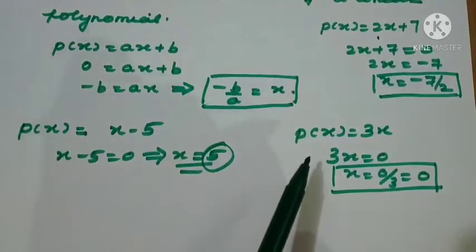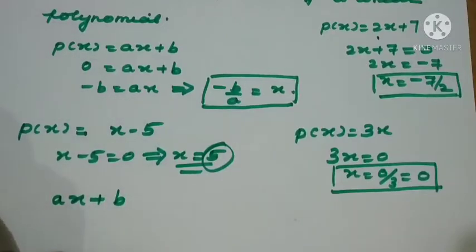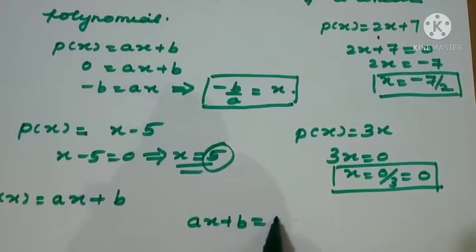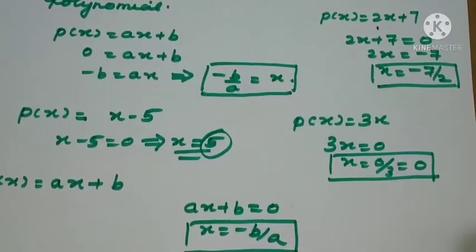This shows that we can form a general formula. When we write the standard form of a linear polynomial as p of x equal to ax plus b, the zero of this polynomial comes from ax plus b equal to 0, so x equals minus b by a. So x equals minus b by a is called the zero of the given polynomial. Now the question is whether the zero of the linear polynomial is related to its coefficients, whether there is a relation between zeros and coefficients.